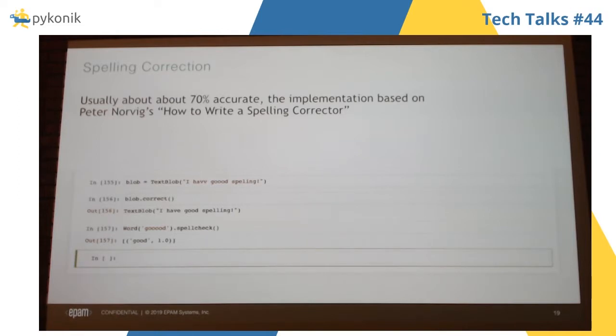Also, you can get that in a Word instance as well. I'm giving a word, and "good", for instance, is a badly spelled word. So the spell checking algorithm gives me the corrected version and a value of whether it is 100% correct or not.